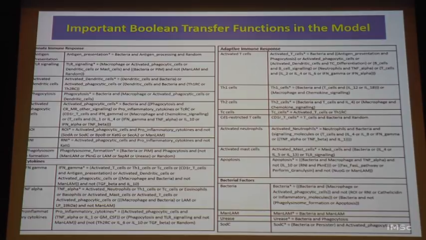Pro-inflammatory cytokines, which are a result of activation of T cells or some other types of cells, are out here. So, you have individual molecules such as TNF alpha or interleukin 1 or GM-CSF and so on and so forth, and that will lead to phagocytosis. So, that kind of a thing you have.